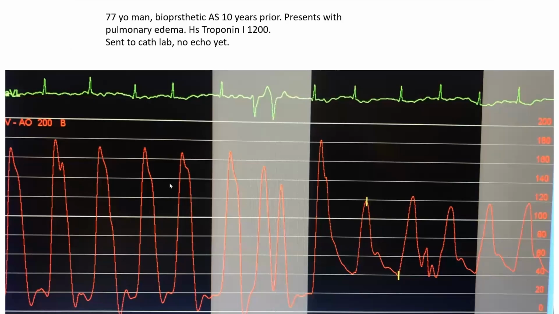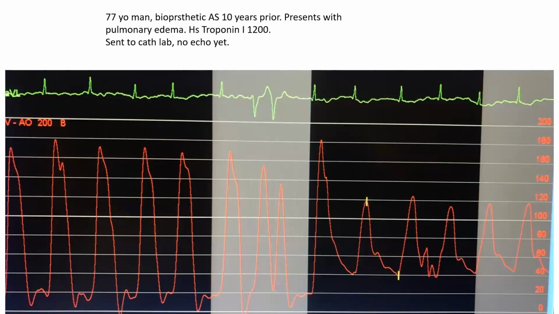So the gradient will be high. Even if the valve area is over 1, you will have a high gradient over 40. You will have an anacrotic notch. Actually, patients with moderate mixed AS-AI do have an anacrotic notch. It's because the AI volume makes AS more hemodynamically significant. That said, a gradient over 40 is still very relevant